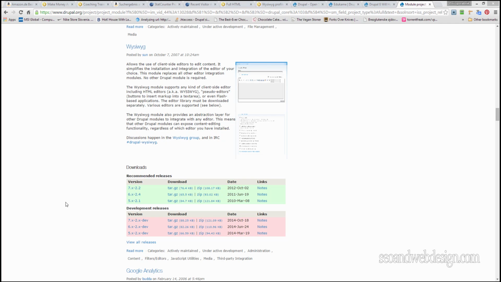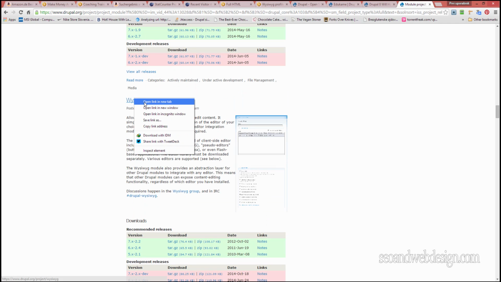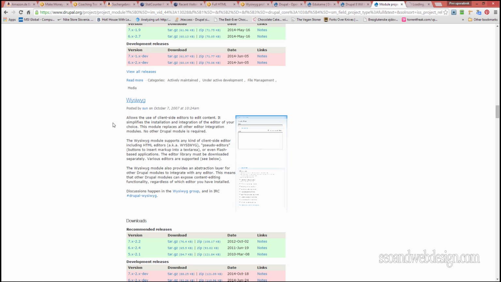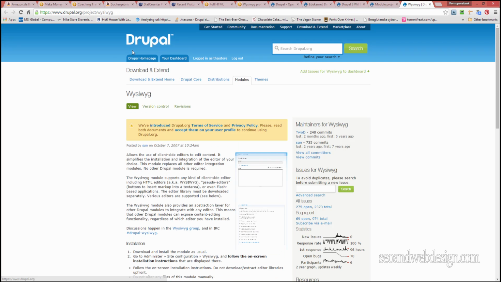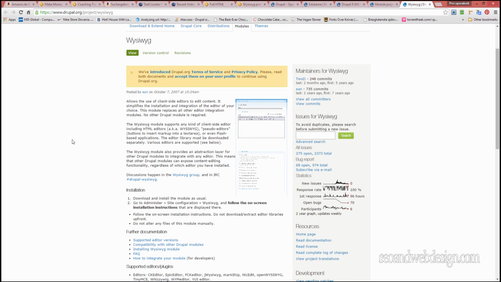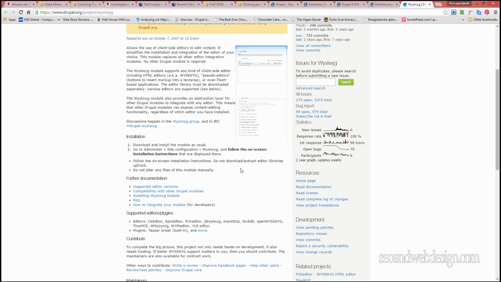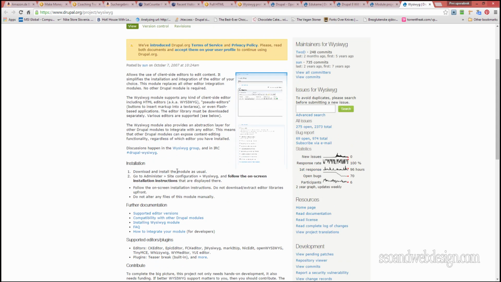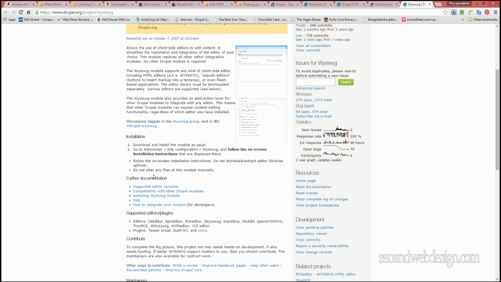But basically it's really simple. This module is really great, so we're just gonna go into it. You can find it on Drupal.org, project WYSIWYG. You have the path here, and let's just read about it a little bit. You have great instructions here. There's nothing